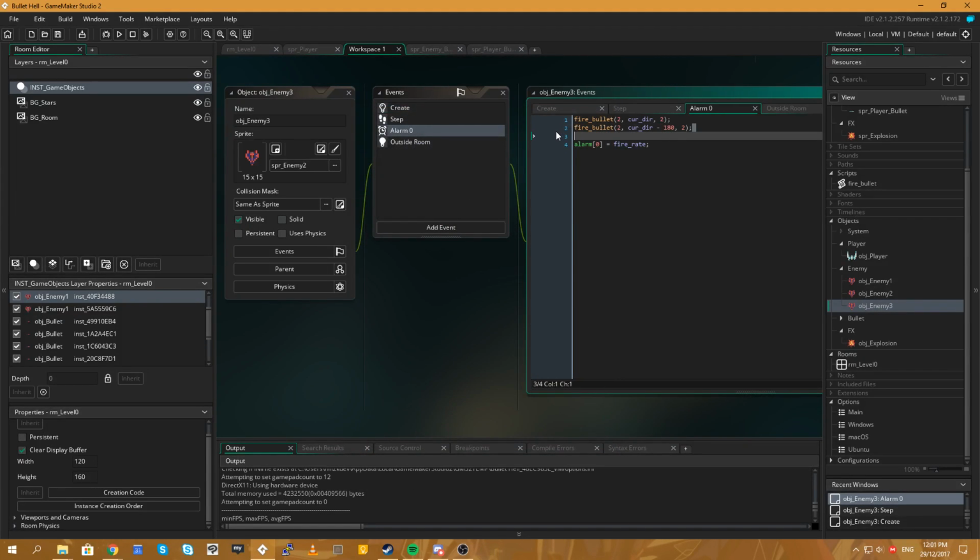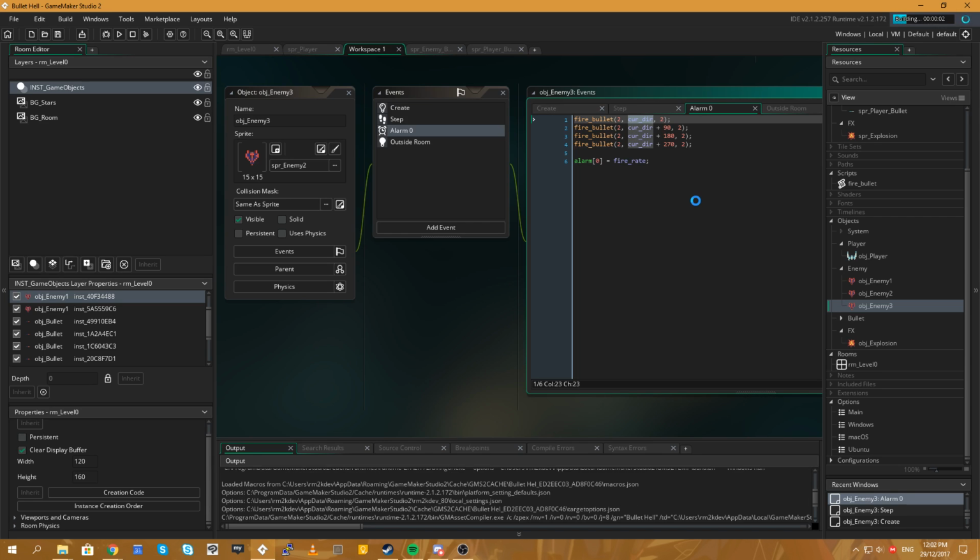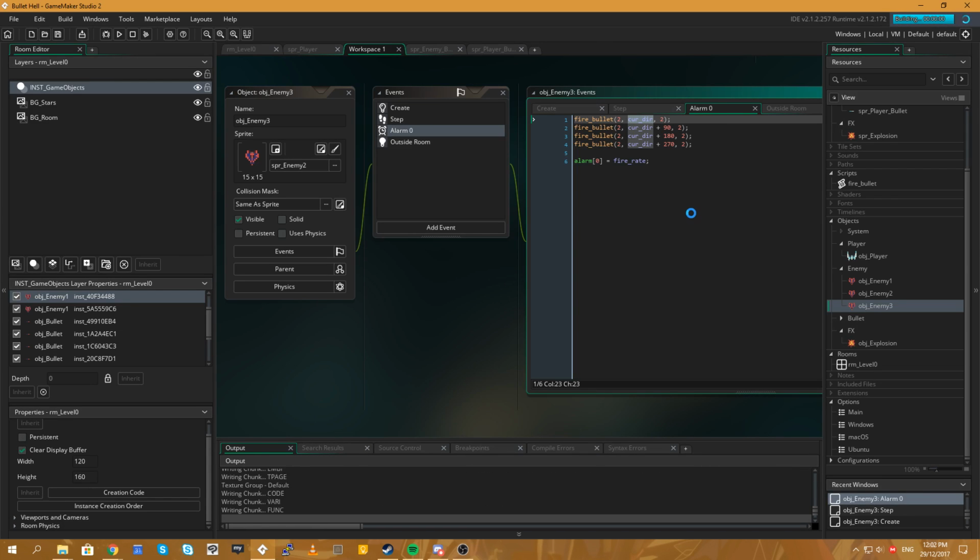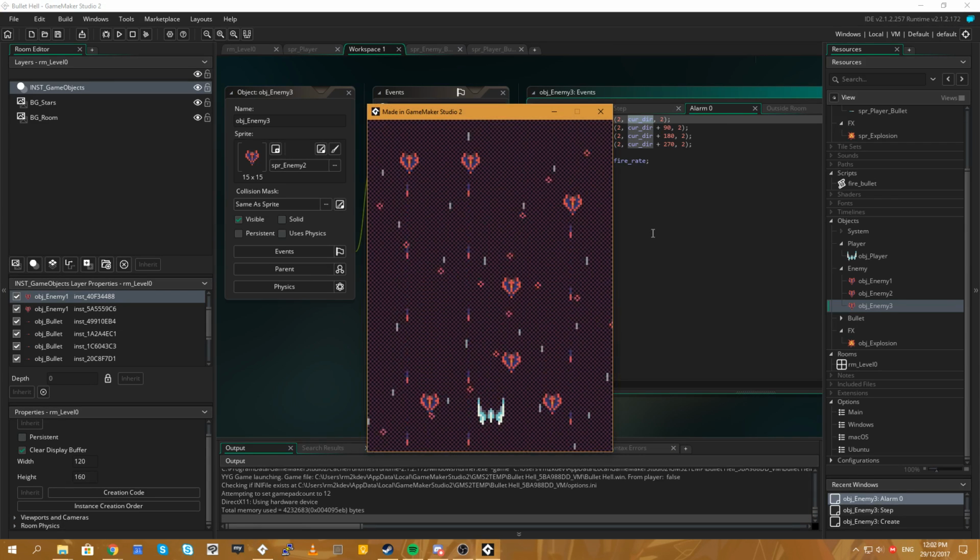And again, obviously, if we wanted to fire it in 4 directions, you get the idea, right? We can do it multiple ways. We can just simply add 90 degrees each time. It doesn't matter which way we do it, as long as we hit the 4. Say plus 90, plus 180, and then plus 270. And then whatever the current direction is, we now have the 4 opposing corners. So now it fires in 4 directions.